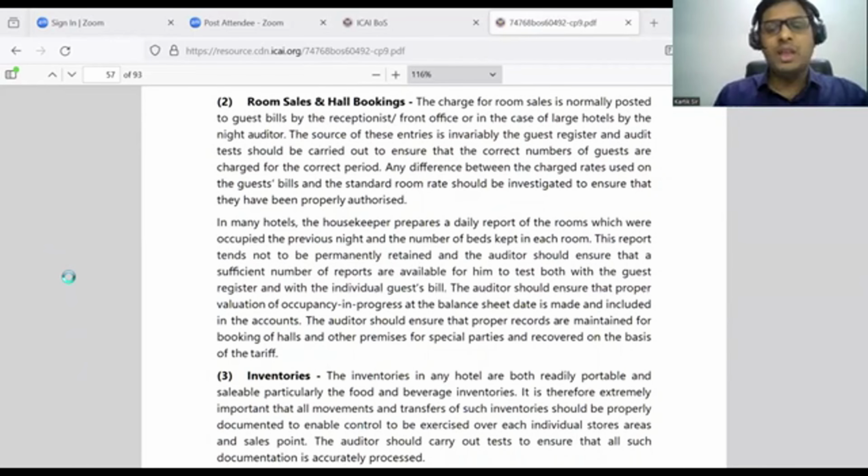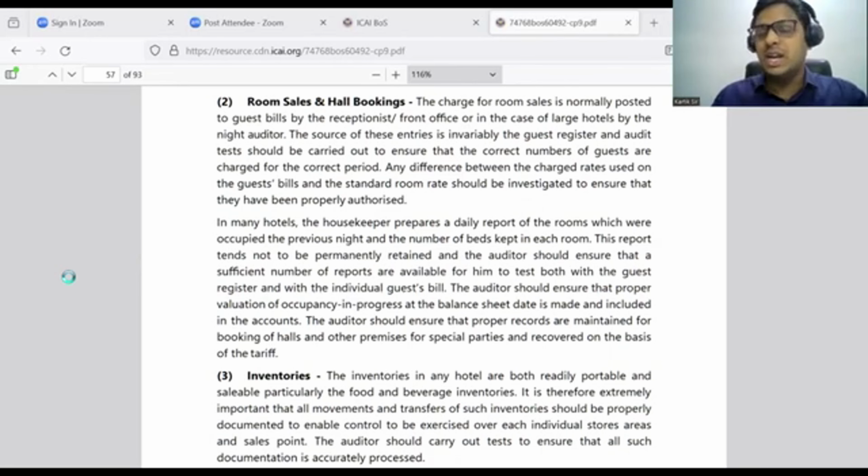ठीक है? तो पहले तो आपको ये देखना है कि रूम सेल्स एंड हॉल बुकिंग्स के रिलेटेड whenever you go and speak to the hotel. तो जब भी आप होटल से आके बात करोगे यहाँ पे, so you will first ask them कि रूम का चार्ज कितना है यहाँ पे. So the charge of the room sales will be as per the standard room rate, ठीक है? And standard room rate के हिसाब से ही उन लोग को बिल बनाना चाहिए यहाँ पे. The bill should be made as per the standard room rate. Even the hotel, when you are doing the inquiry at that time, the person at the reception, he also counter inquires with you कि कितने लोग होटल में रहेंगे.